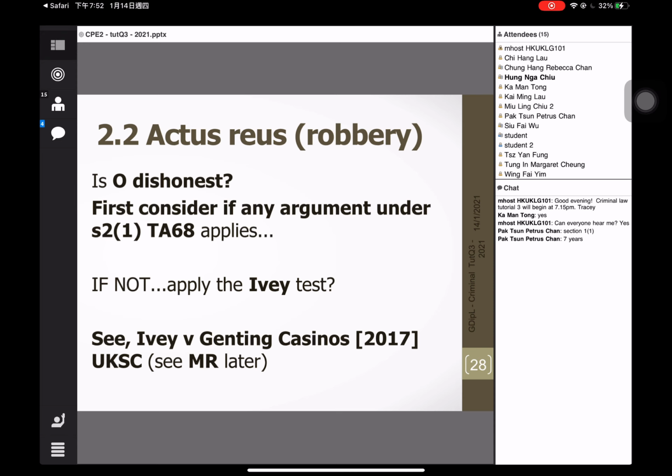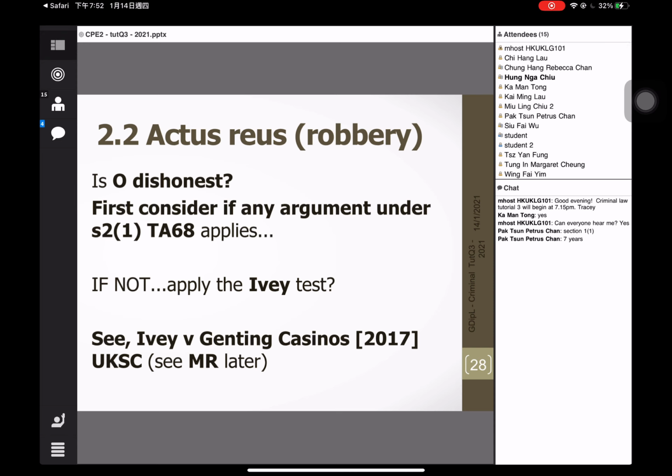And then (c), an honest belief that the true owner can't be found by taking reasonable steps. Okay, so if any of those honest beliefs is present, then the statutory provision says that the defendant will be